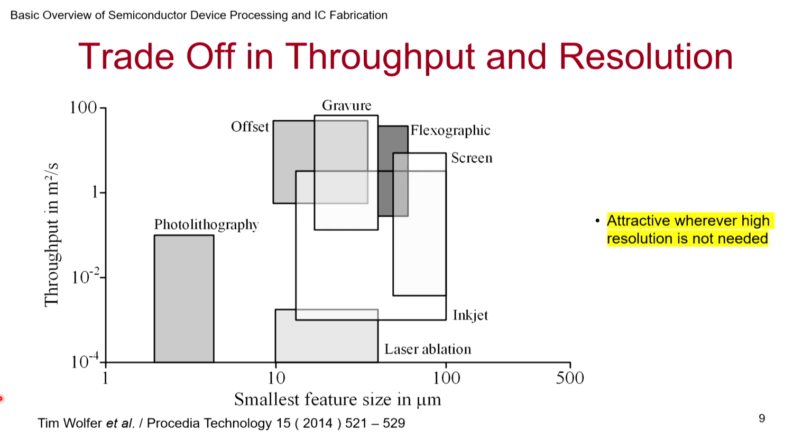So let's see the trade-off of throughput and resolution, which is one of the Achilles heel, if you want to say, of the printing technology. If you look at lithography, you have the very small feature sizes you can get. We know that we are getting almost nanometer size or a few nanometer size lithography you can get, correct? On the other hand, printing, the feature sizes are much bigger. If you really push the limit, you come to around 10 micron as the line width, okay?